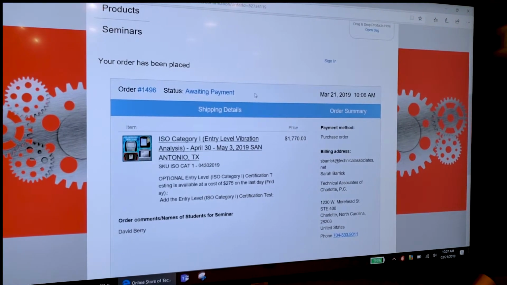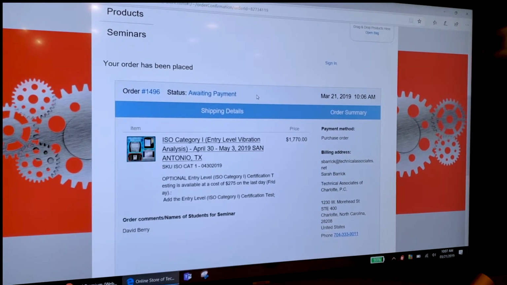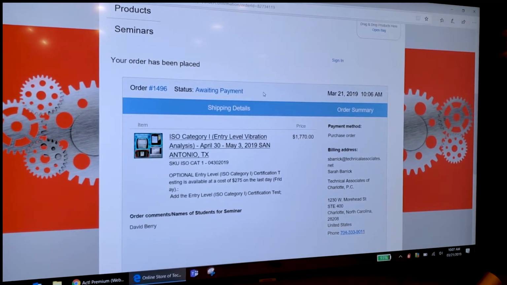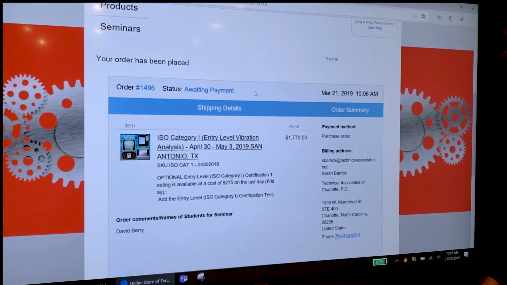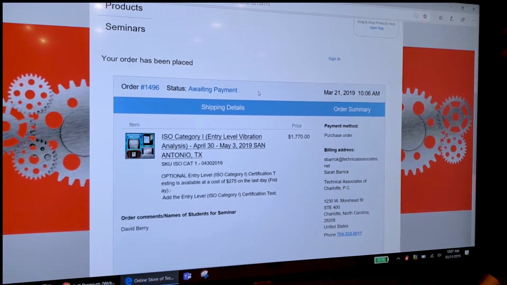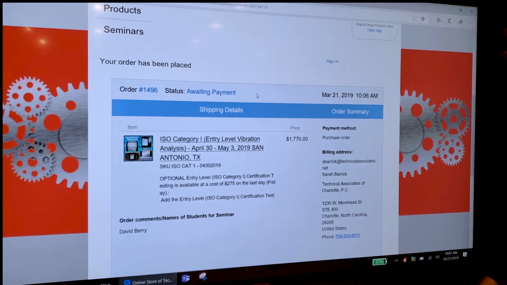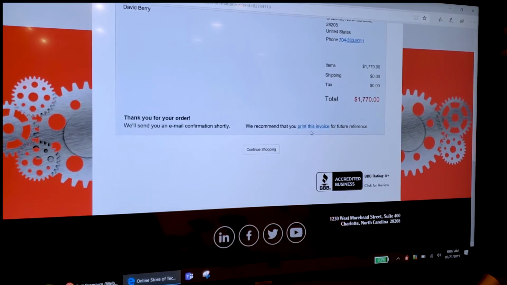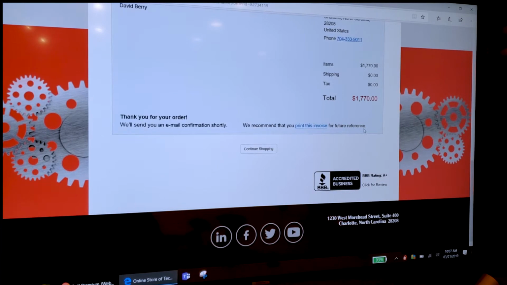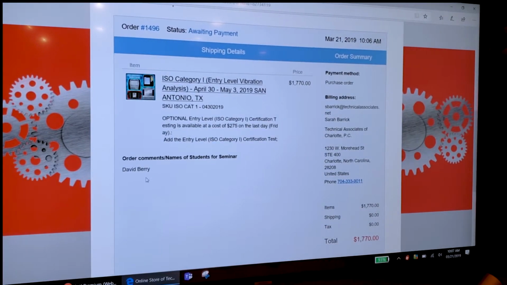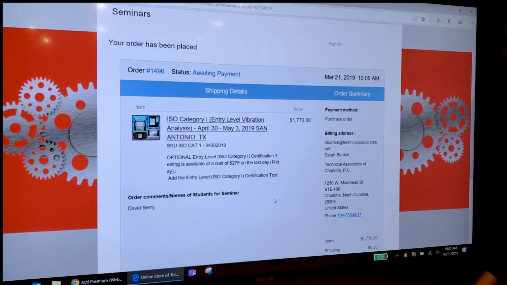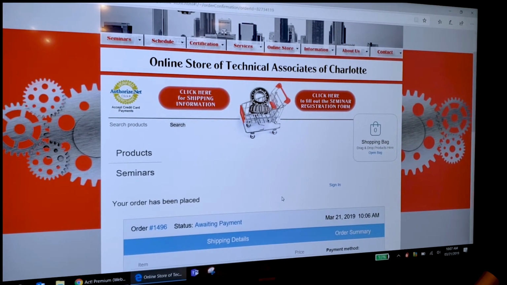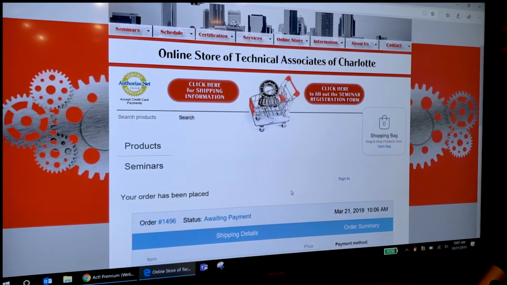At that time, it emails me telling me that you're registered. I send you a registration confirmation with all the paperwork that you need to fill out and the information about the hotel that you need to get your room, okay? You can print this invoice for your future reference, and down here it also shows the student that's attending the seminar, okay? But that's pretty much it. It's pretty easy to go through, and